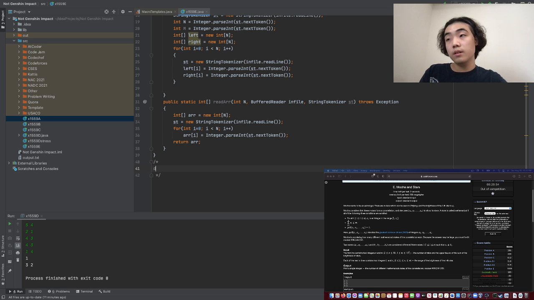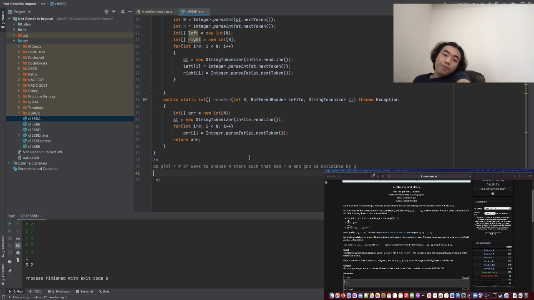So DP at G: number of ways to choose n stars such that the sum equals m and the GCD is divisible by G. Yeah, then it's actually pretty easy because we just have this many ways and we can count it like this, and then we potentially just use PIE to calculate the exact number of ways, and then we just subtract it out of the total number of ways such that